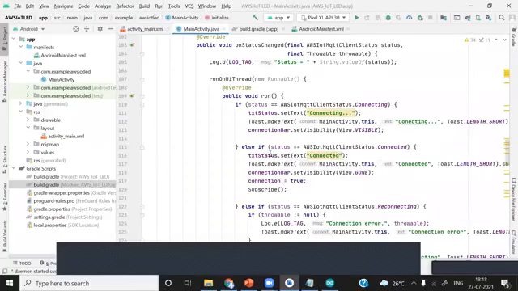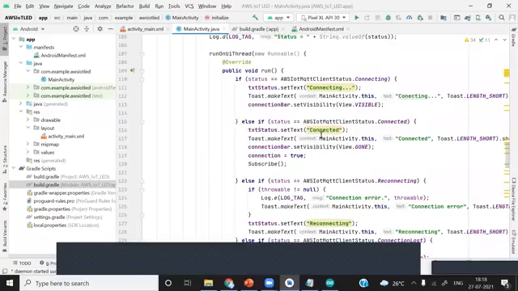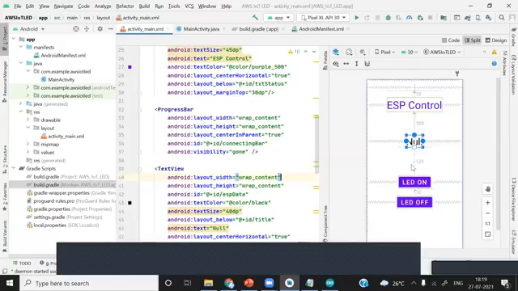And as soon as it gets connected with AWS IoT, we are setting its visibility to gone again. So it will be again gone. It will disappear from the screen.